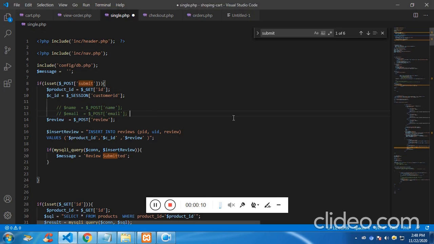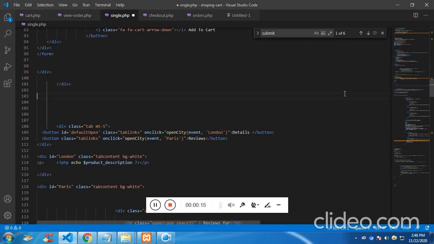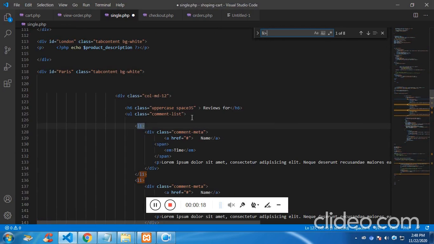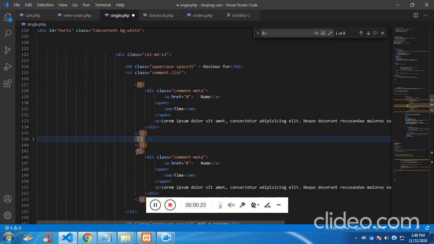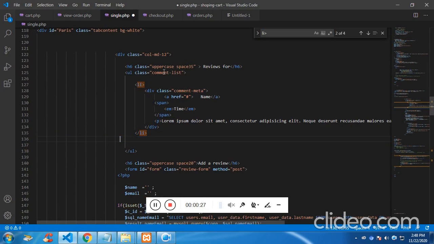So in the single.php, just above the list, these are the lists which will be repeated, so we'll just remove it. And here,